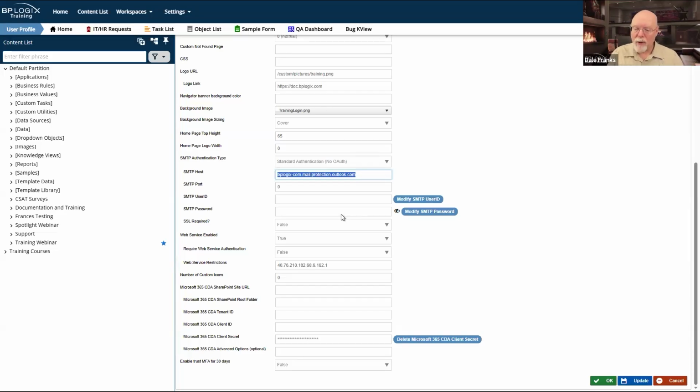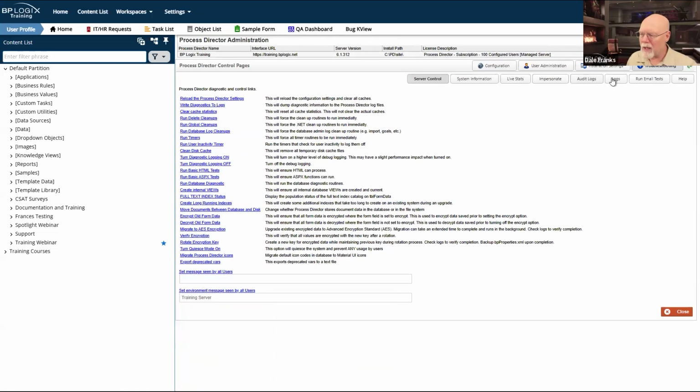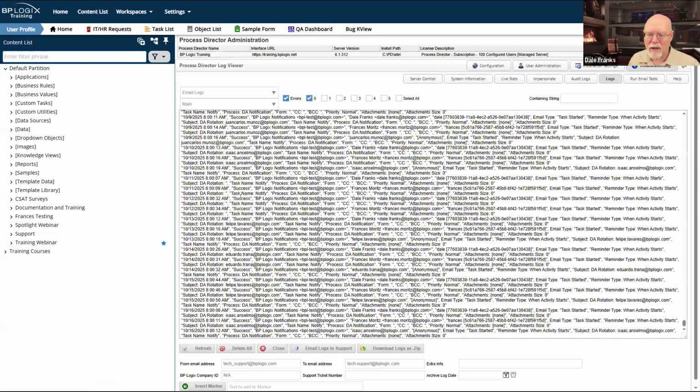The thing is, if you set up your mail this way and someone says, I'm not getting mail, you're going to go into troubleshooting. You're going to send yourself an email test, see if that works. If it does, then you're going to look at the email logs and see if that email was sent, and see if it says success. Well, that's a pretty good indication when you're using Mail Relay that there's an issue on the mail side. The server took the mail. The server said it could successfully send it.